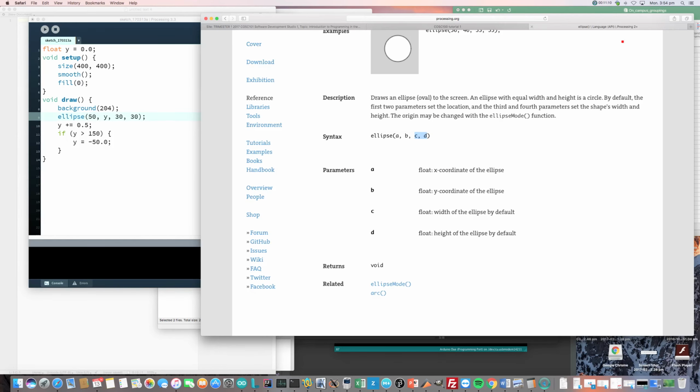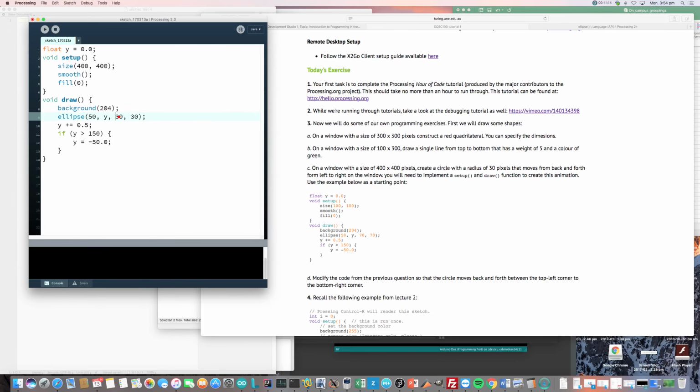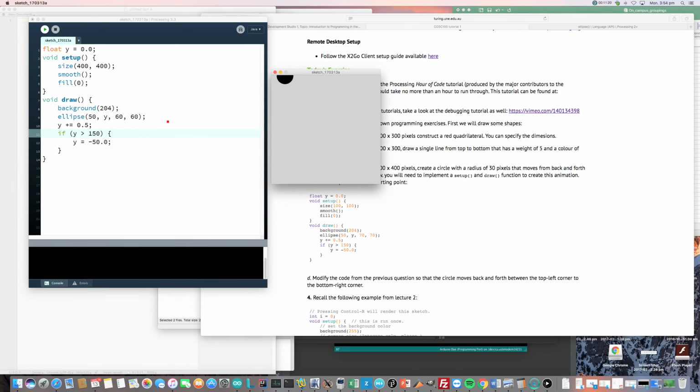I'll just check, is that radius or diameter? So it's the height, so it's the diameter. So to have the radius, we actually need to double that. So we need to have 60 there. And when we run our code, let's see what we get. So you can see we've got our